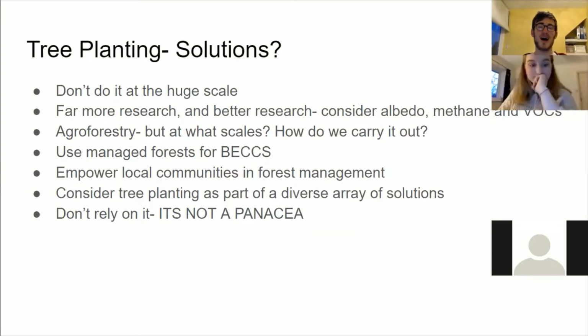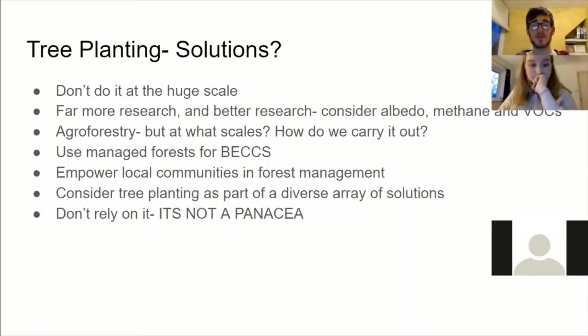And also, and this will depend on your view on companies and the extent to which we as individuals have the power to control what they do, a lot of companies controlling the vast majority of food production might not want to shift to agroforestry because it doesn't favor their type of business model. Whether you think we can deconstruct their business model or not is a very different question, but that's a possible solution. We deconstruct their business model, but a possible problem is that they won't actually be our allies in helping with this. Other ideas would be empower local communities to forest manage. So rather than these big companies which might not like it, we actually get smaller local communities.